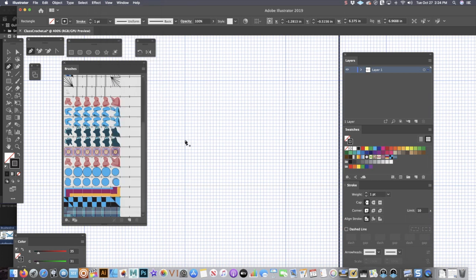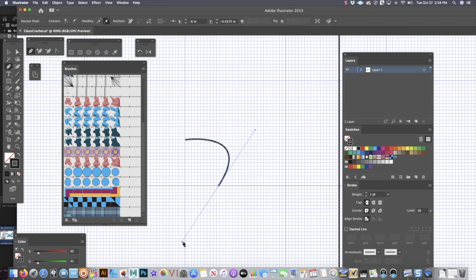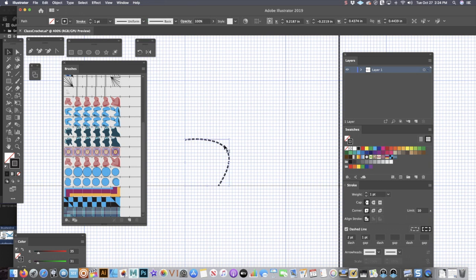I am going to click on my graph. I'm going to just click and drag down, create a line, or maybe I make it a dash line. Okay, my dash is 2, my gap is 1. And now what I'm going to do is take my black arrow and select my stitch, or whatever it is. All right, I'm going to click on my reflect tool, or O for the reflect tool,